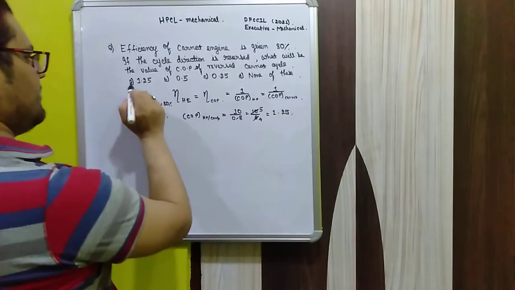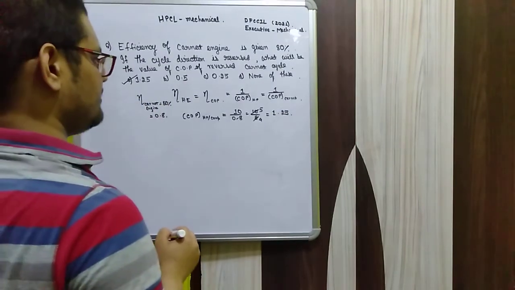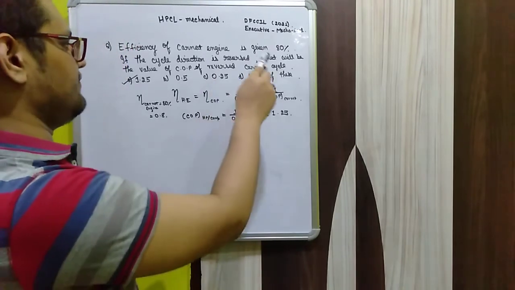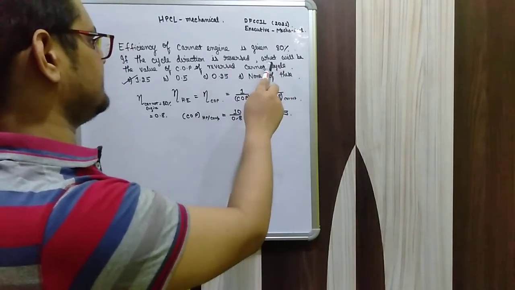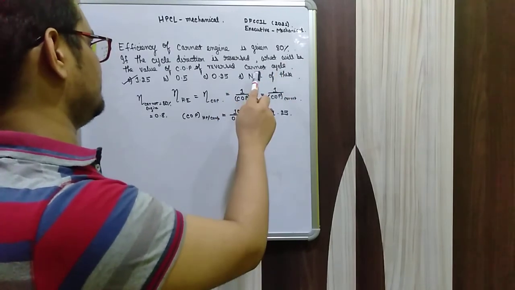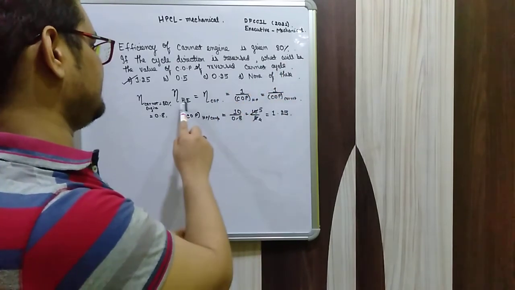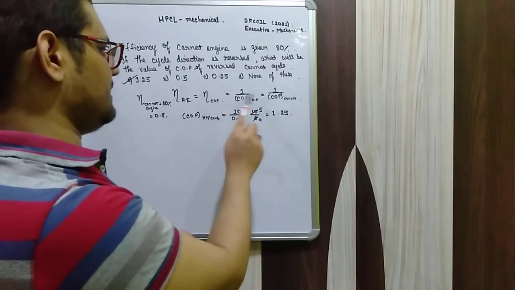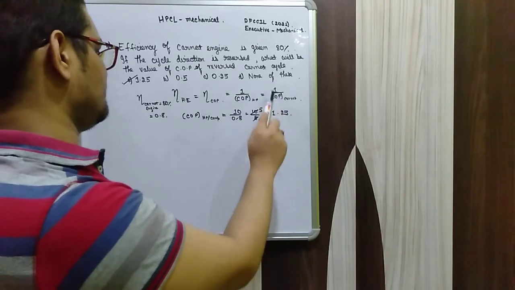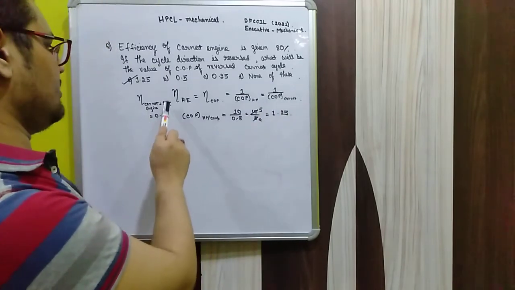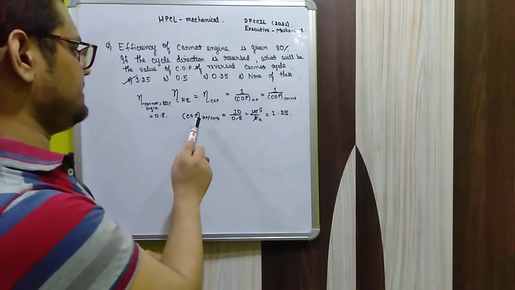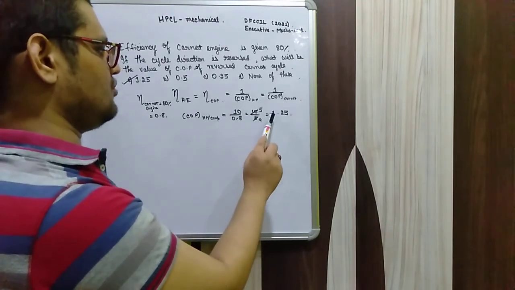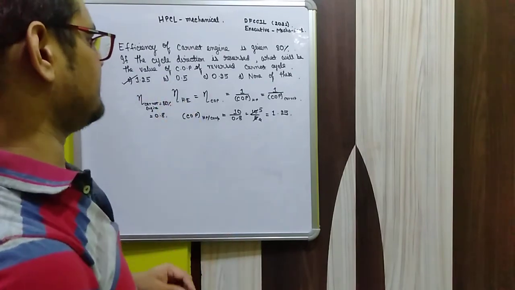So I hope you have understood. The answer is 1.25. I hope you have understood how all the numericals are solved. If the heat engine's cycle direction is reversed, what will be the COP of the reverse cycle? The efficiency of the heat engine is related to the COP, and it is 1 by the COP of the Carnot cycle. The Carnot engine efficiency is already given as 0.8, that is 80%. So 1 by 0.8 is 5 by 4, equal to 1.25. So 1.25 is the correct answer.